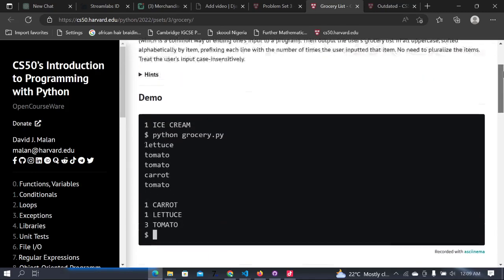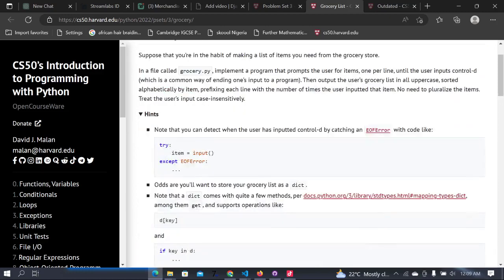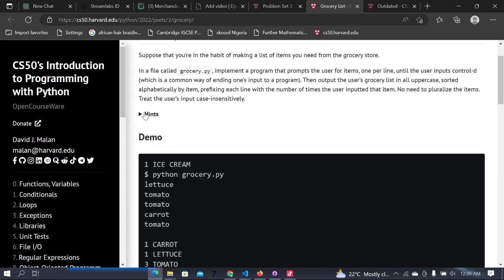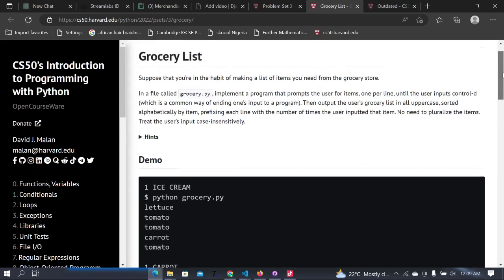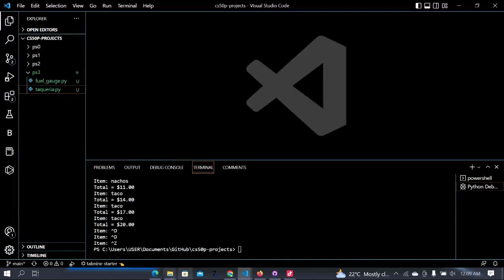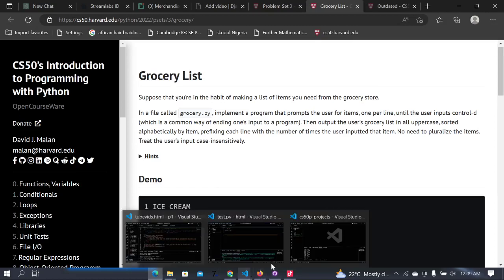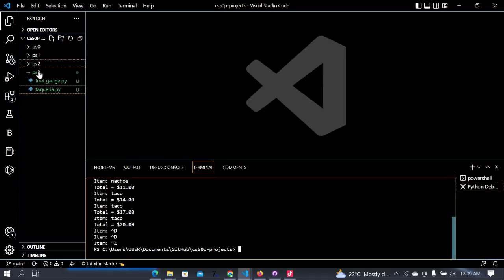Right. So the first thing we're going to do is try and escape the EOF error. Now we want to continue looping through the user's inputs. There's kind of a similar code. It's actually more of the code I was writing before in the first place, similar to the code I was writing at first for that previous one. So let's just